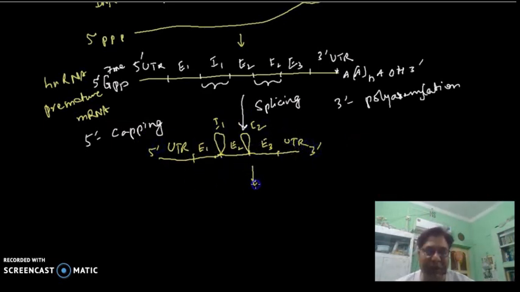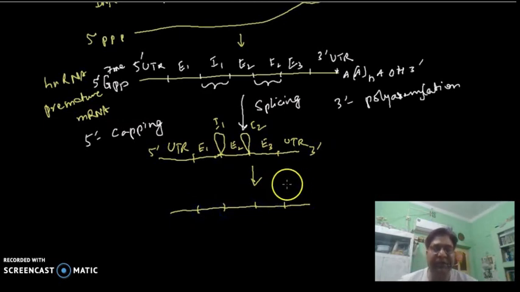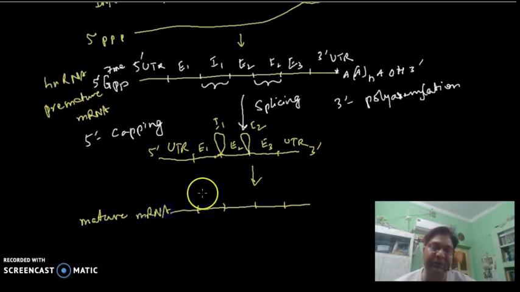So finally the RNA will be shorter than its precursor, that is the heterogeneous nuclear RNA or pre-mRNA. Or you can also say with respect to the gene, the mRNA, the mature RNA that is being formed after this modification, it is comparatively very shorter. The intron parts are removed, and this was proved for the first time in 1977